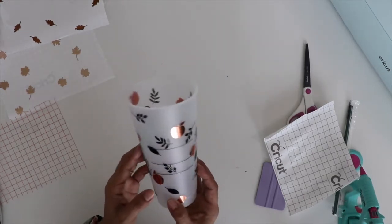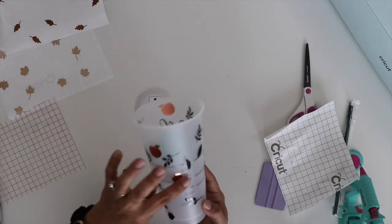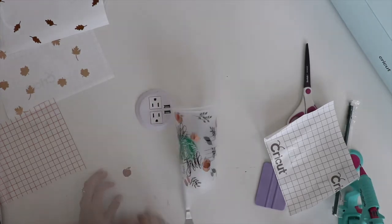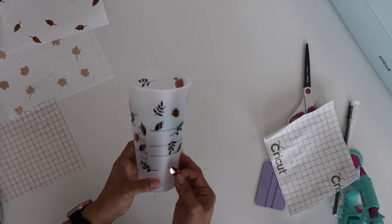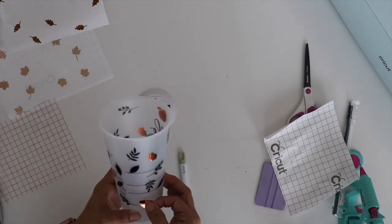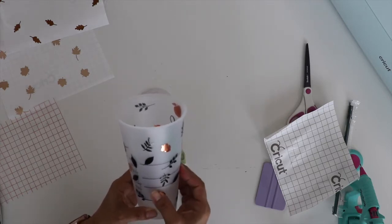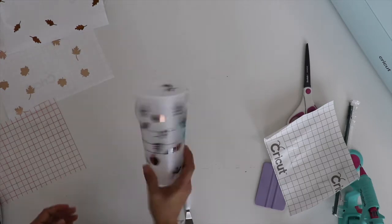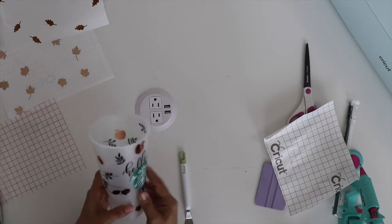And then I think there was one more. This one's kind of close, but it's hard to pick up. This one got stuck on my desk. And this one goes right here. Like that. There we go. I don't know how the other ones are gonna go, but